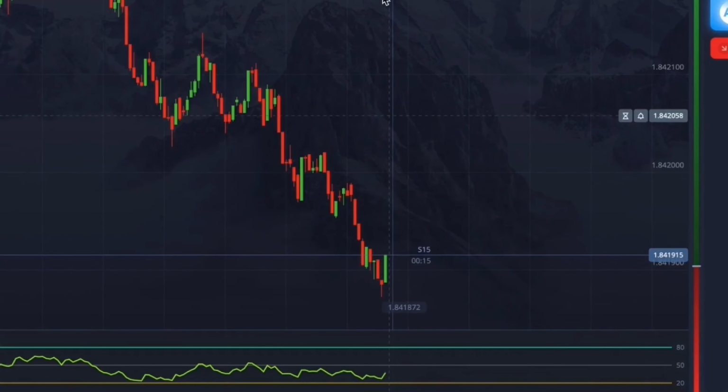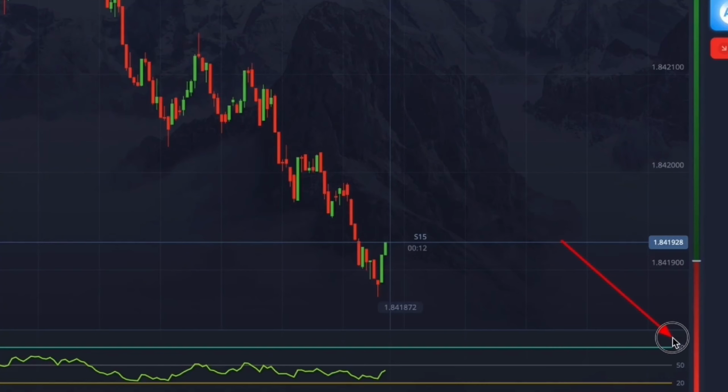Here there's the overbought zone, which is 80, and the oversold zone, which is 20. If the price touches our overbought zone, that's 80, then we look for trades to go down. And we also have the oversold zone, that's 20. If the price touches this zone, we look for trades to go up, like here, where the price approached and